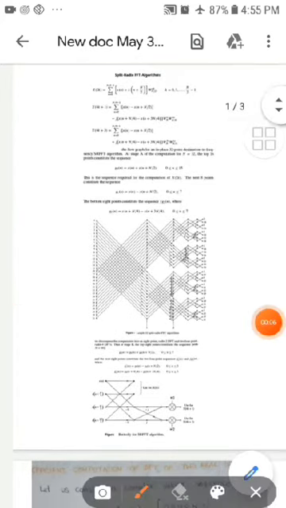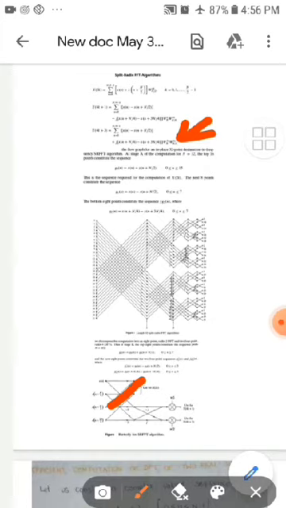So here x of 4k plus 3 is having summation n equals 0 to n by 4 minus 1 into x of n minus x of n plus n by 2. So x of n minus x of n by 2. So this line, and next plus j of x of n plus n by 4 minus x of n plus 3n by 4. So this line is connected to this. Okay.